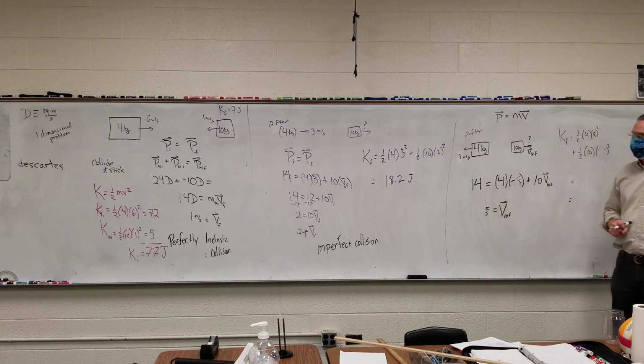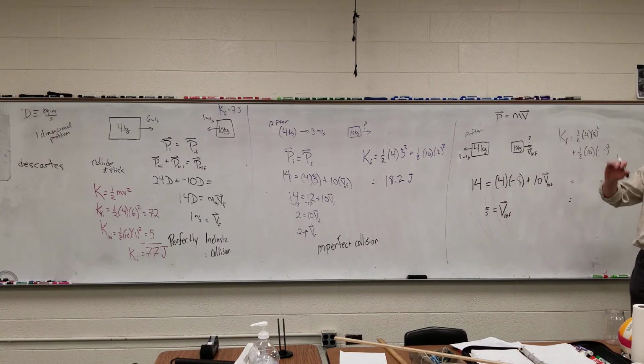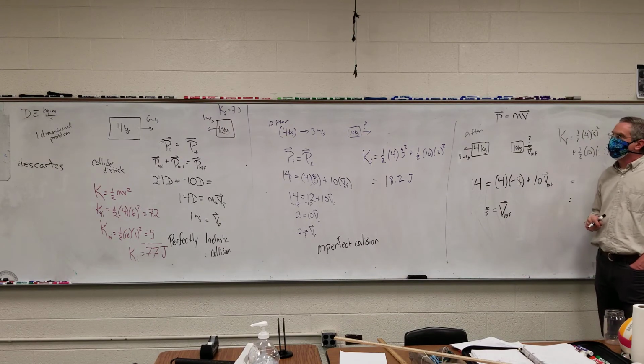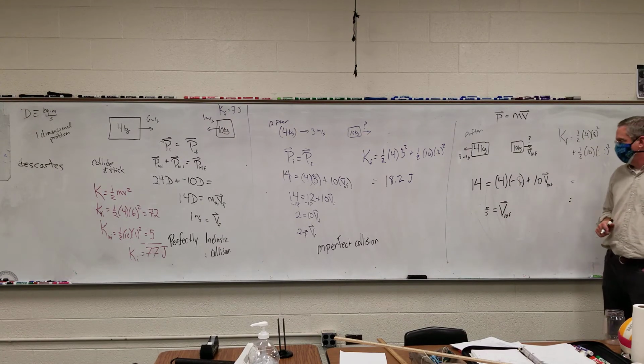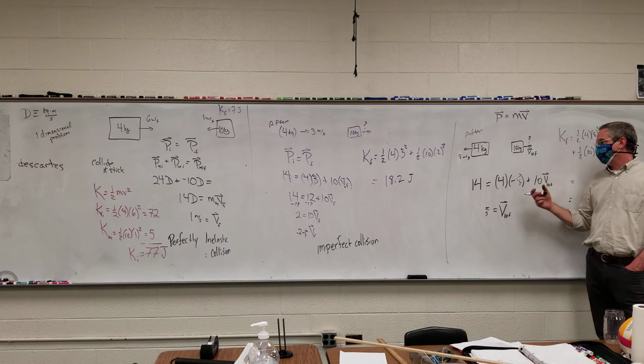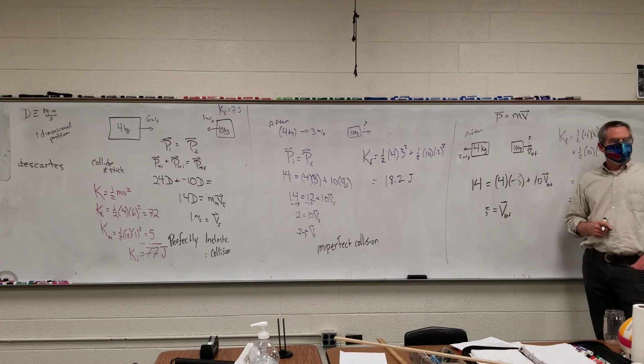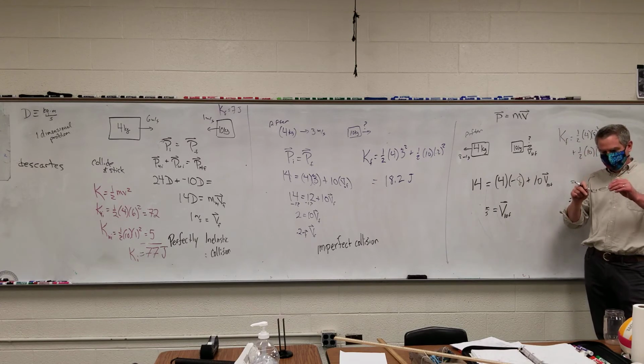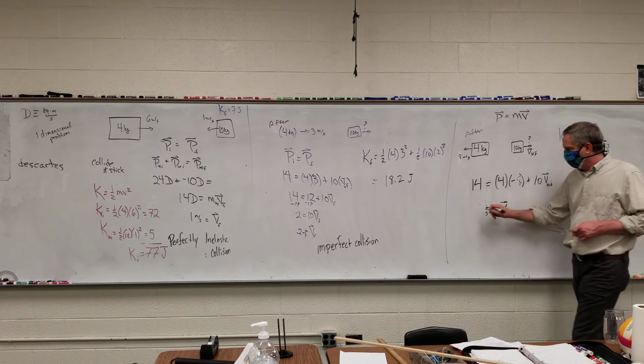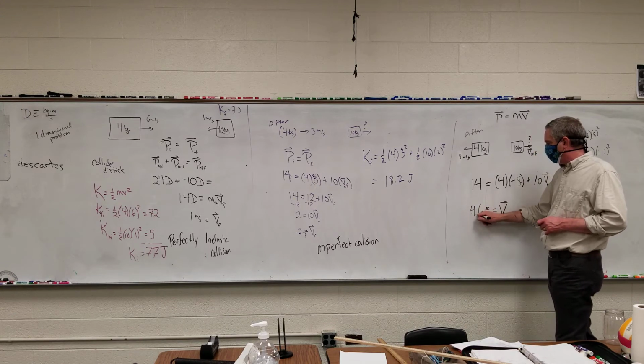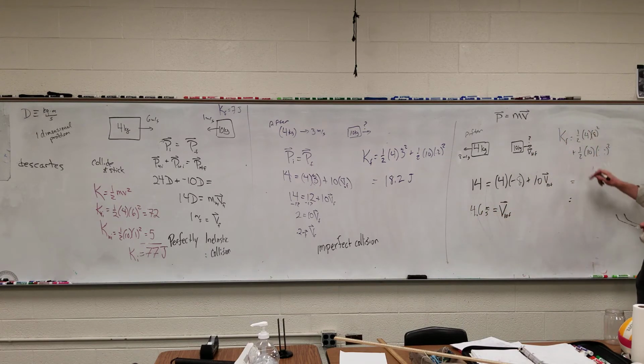So given the fact that the 4 kilogram mass is bouncing back really fast. All right. So 4.6. All right, so I got 4.6 meters per second, and then my energy, I have 1/2 times 4